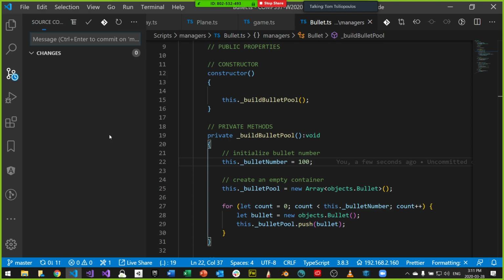Any questions at all? Again, this looks all nice and easy, but the challenge that we're going to face now is how do we fire a bullet by pressing the space bar or something else? How do we do that? And that is the topic of the next part.